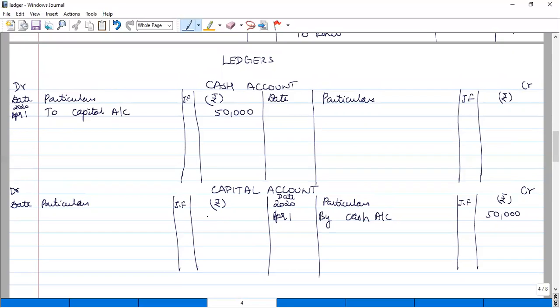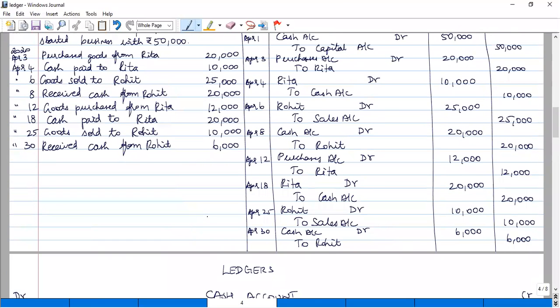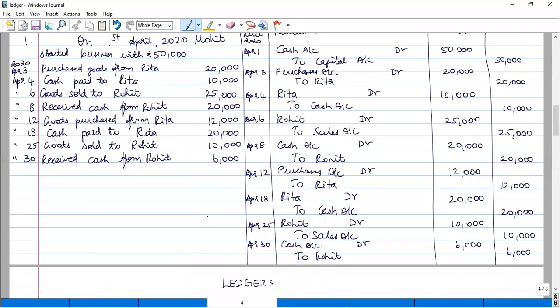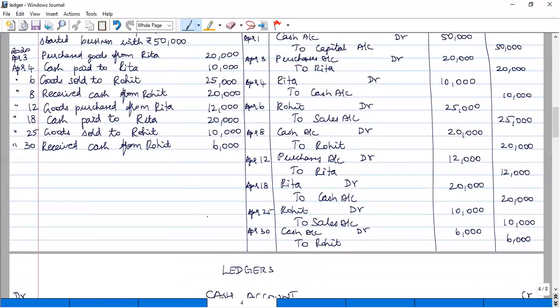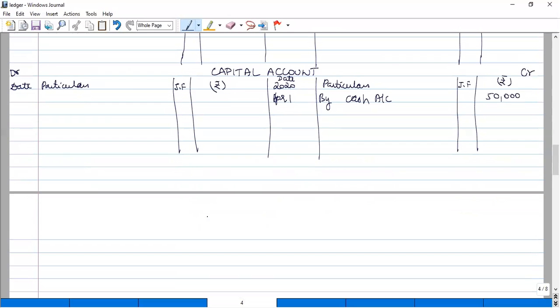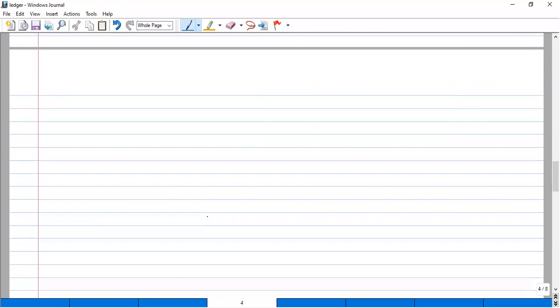Now coming to the second transaction. On April 3rd, the entry is purchases account debit to Rita. Now these are the two accounts involved, purchases account and Rita. So who is Rita to us? She is our creditor. Okay, so one creditor account and purchases account are involved. Now we have to open two ledger accounts for that. Okay,